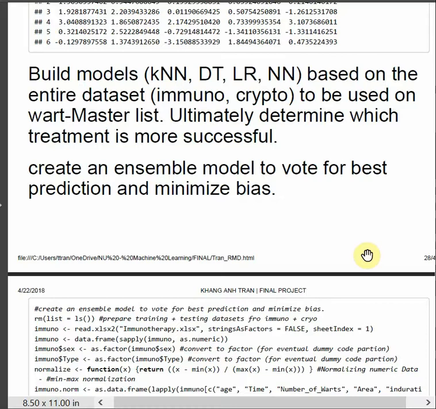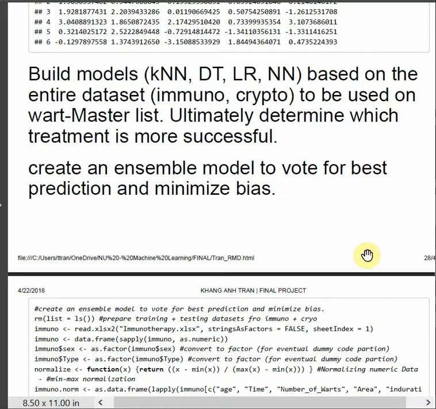So I built my models based on the entire data set, immunotherapy and cryotherapy, and I combined all the wart values of both data sets into one master list. And I built a model based on that entire data set, and I applied it to predict the outcome of the master list. And my definition of success was